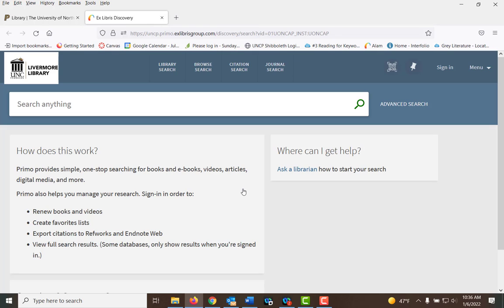If you're an off-campus student, if you're an online student, or a graduate student who does not come to campus, one of the first things I would do when I come into Primo would be sign in. And you sign in by clicking Sign In up here in the corner. And notice I've already signed in. It recognizes me today. Usually that sign in is the same sign in you'll see for any UNCP page. It will ask for your Canvas username and password. Actually, I did not sign out after I had done another search, so that's why it recognized me. So you would want to do that.